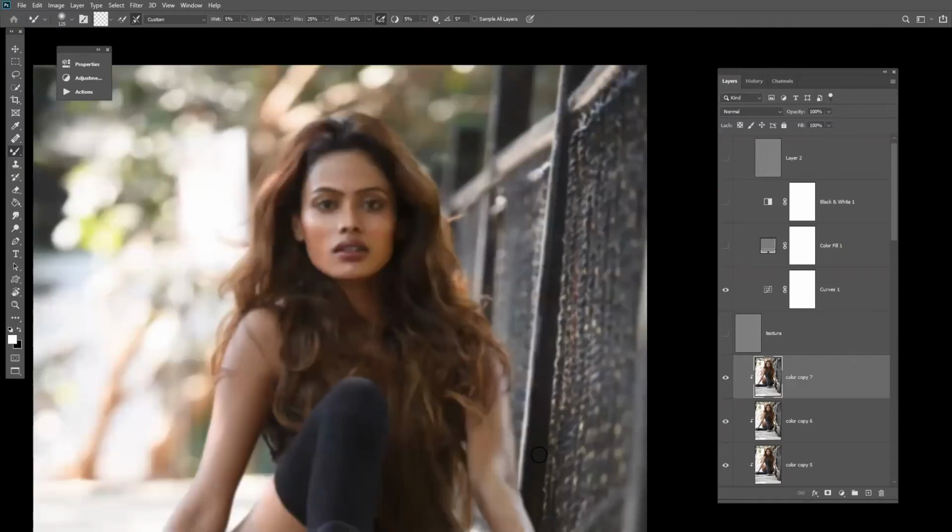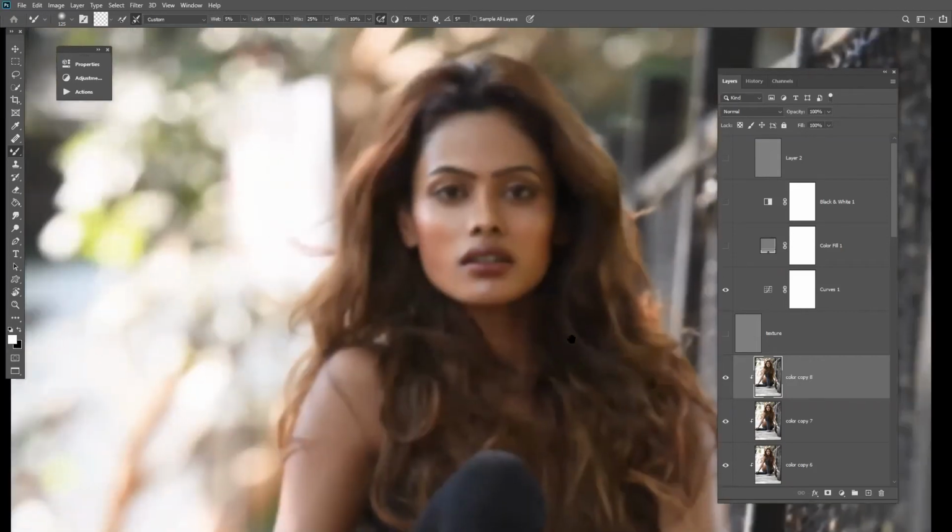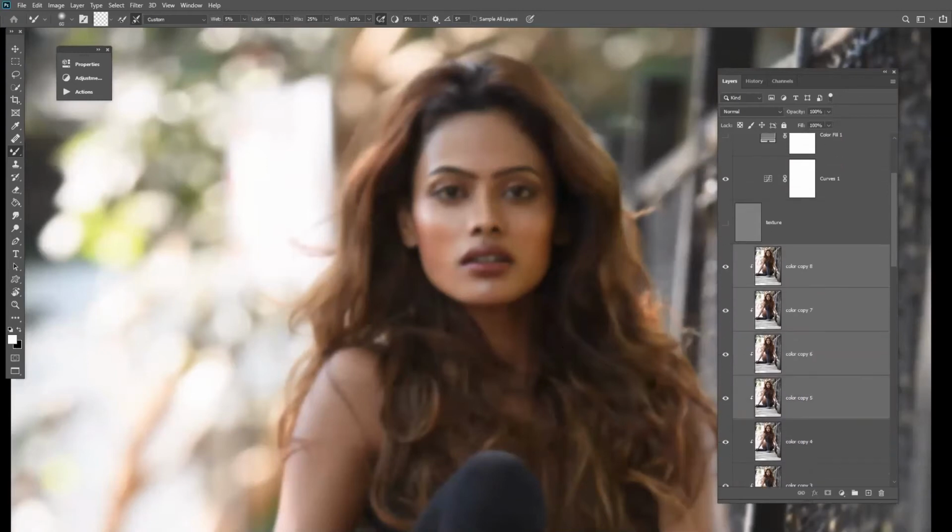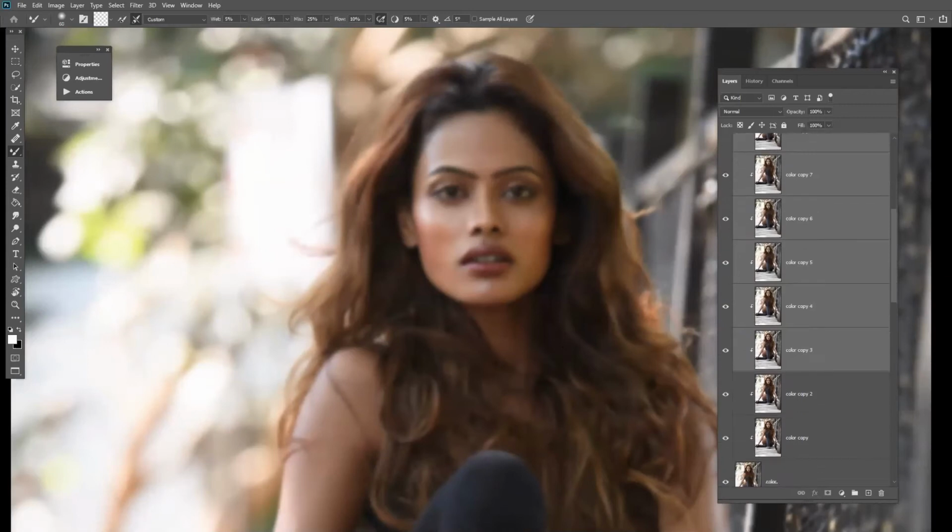You can use your frequency separation, as well as in the hair also, to color match the areas a little. So let's group the frequency separation layer once.